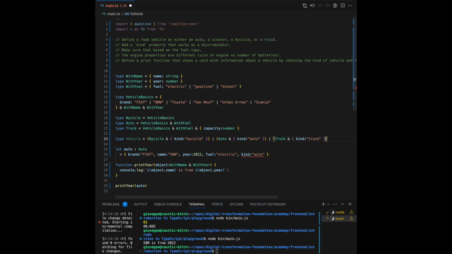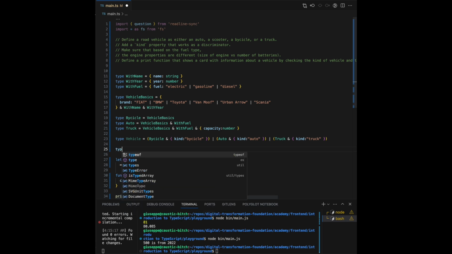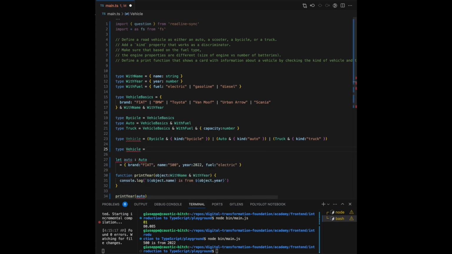So now, what am I stating? I'm stating that the vehicle is either a bicycle, and whenever the vehicle is a bicycle, it has kind bicycle. Or it's an auto, and if it is an auto, it also needs the property kind with value auto, and otherwise, if it's a truck, it has the property kind truck. And so here I don't need to specify auto. This looks like the syntax. Well, this is an alternative to the syntax where we don't put any